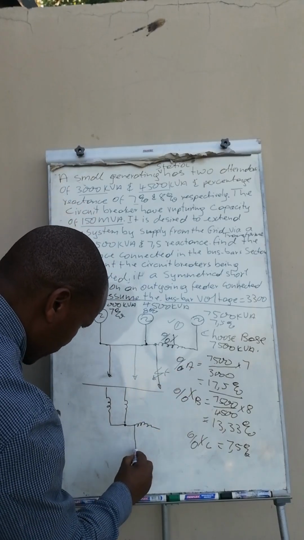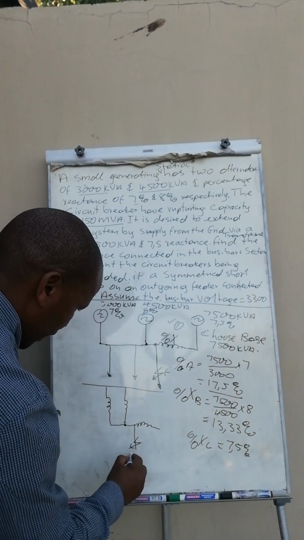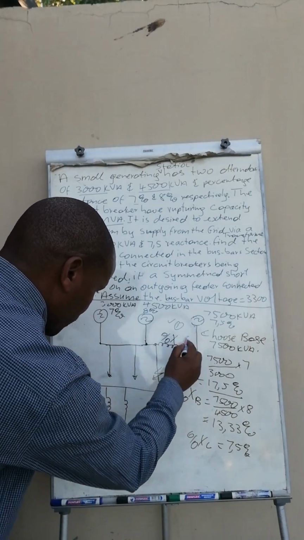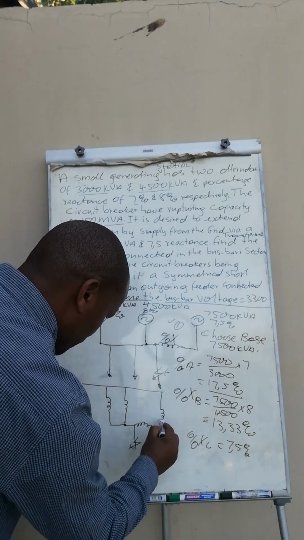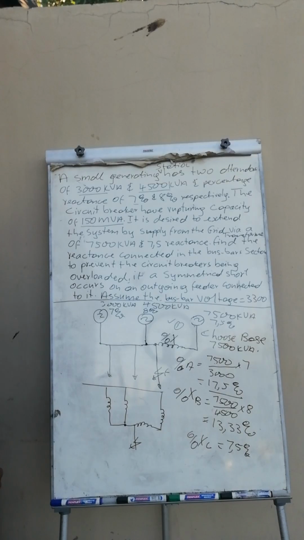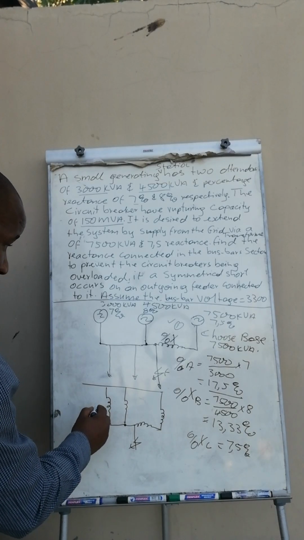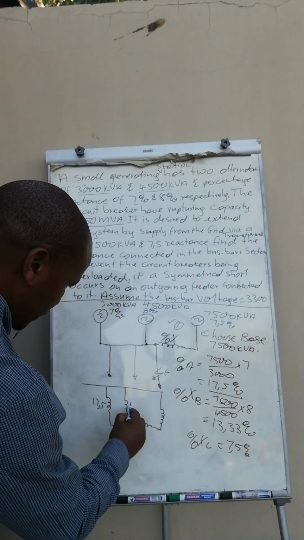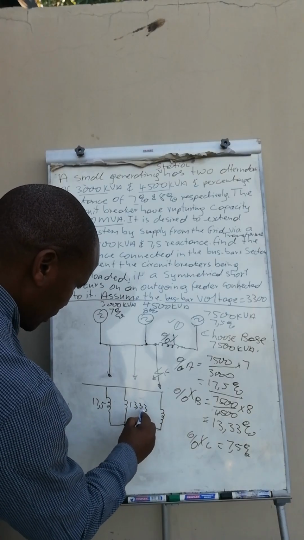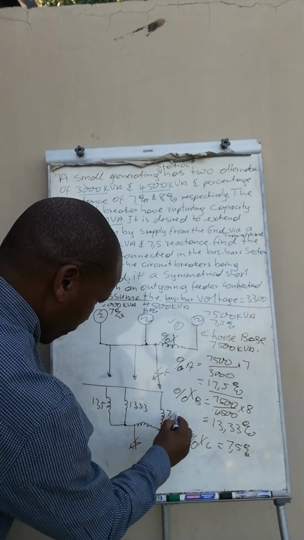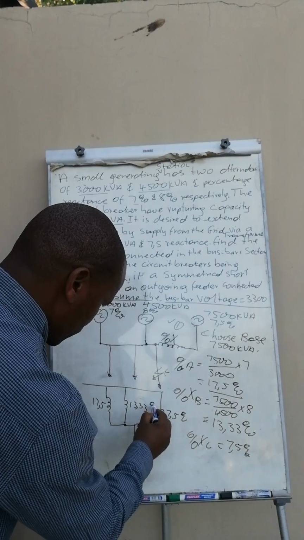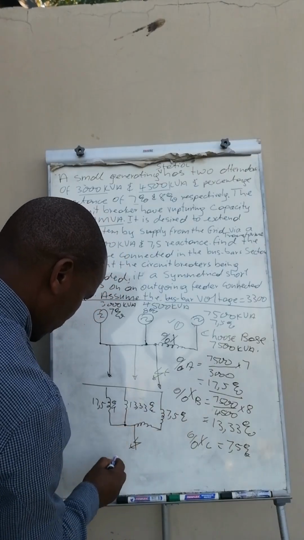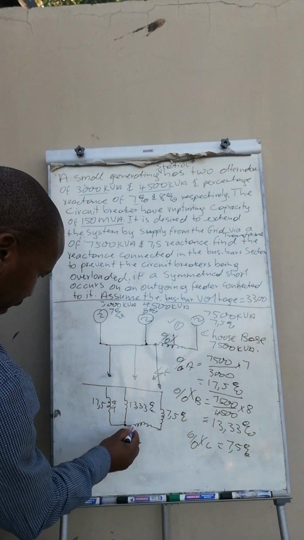There's a fault on it there, and then we've got this one linked to it. It's something like this. So we've got 17.5, and then 13.33, and then 7.5%. These are percentages, and then we have to find